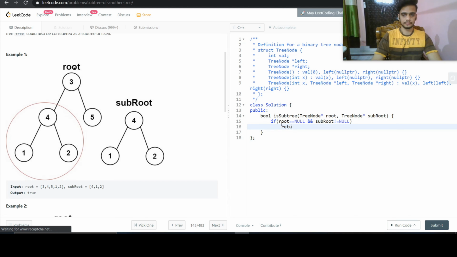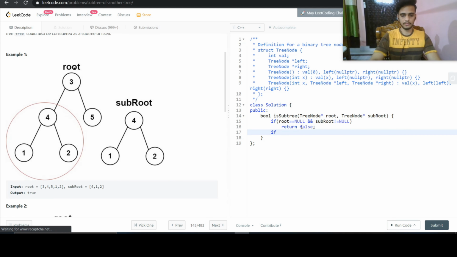Then return. And if root is not equal to null, okay. So we have covered this base case.